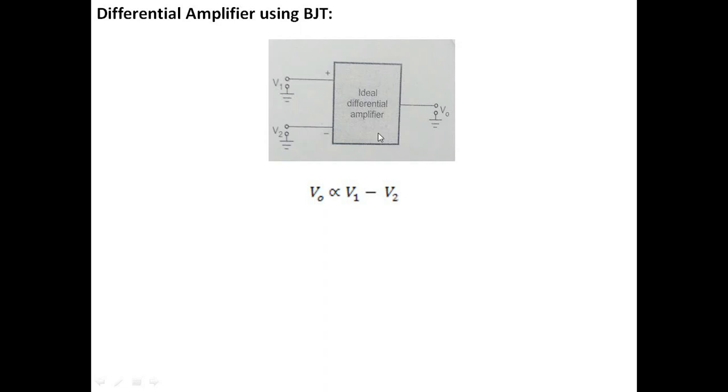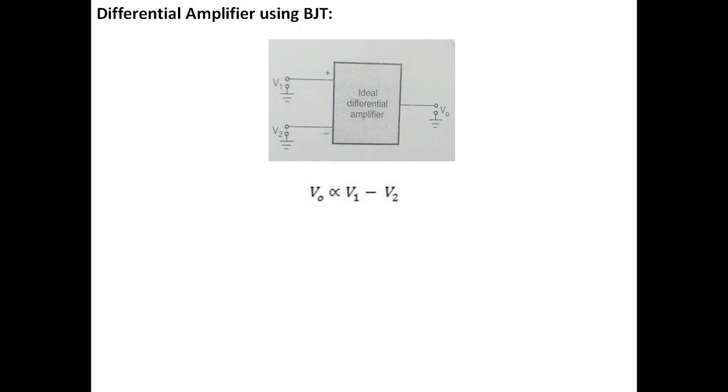You have an amplifier, and you have inputs called V1 and V2. One is applied to the non-inverting terminal and the other input is applied to the inverting terminal. Whatever output I am going to get is the difference between my two inputs. One has a plus sign, another has a minus sign. Let us say this one is V1 and this is minus V2. The output voltage is proportional to the difference between these two signals. That's why we call it a differential amplifier. V0 is proportional to V1 minus V2, which is the difference between the two signals.